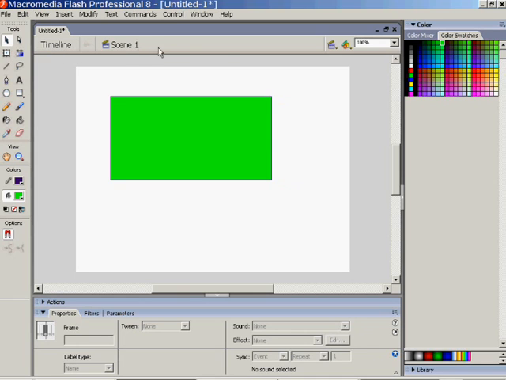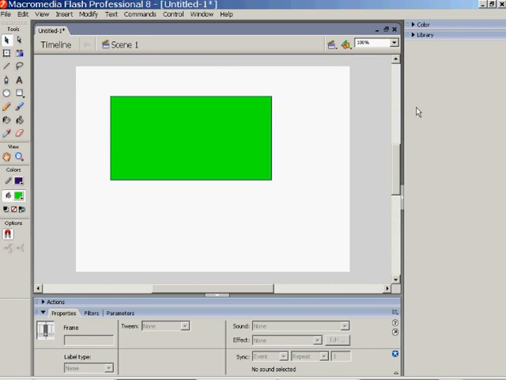Best thing to do is to have a good play around, feel comfortable. You can't do anything wrong. Again, you can close panels, open panels, and